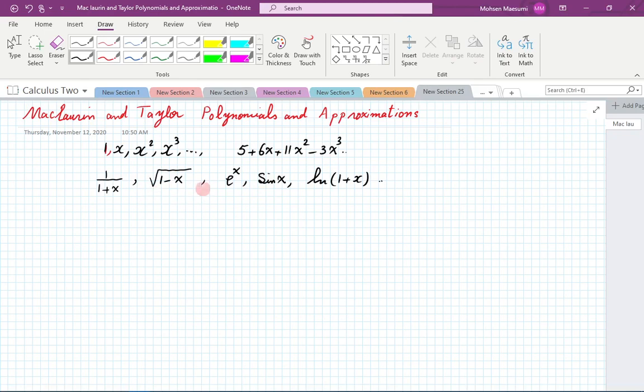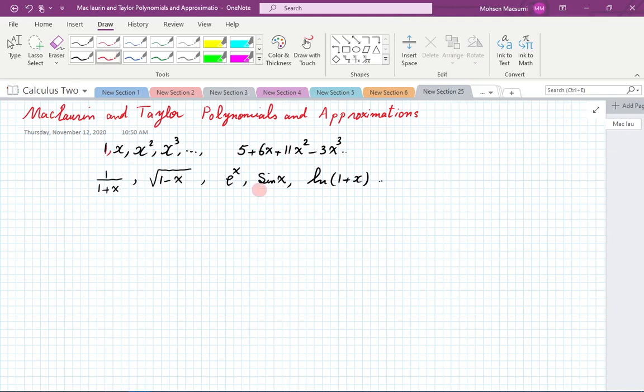Is it possible to make these things look like those polynomials? Well, why would you want to do that? Because those polynomials are so easy to work with. They are built on top of the basic operations: addition, subtraction, multiplication. So if we can convert these to those types of functions, we can get a handle on them, we can approximate them, and so on. Let's go ahead